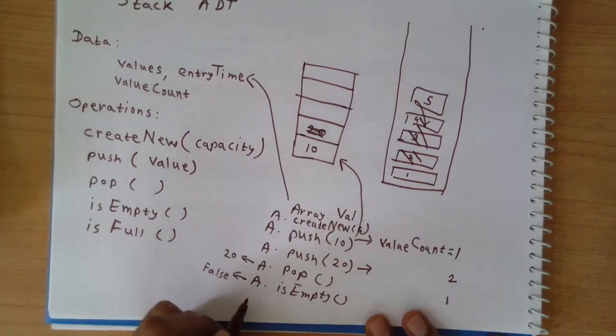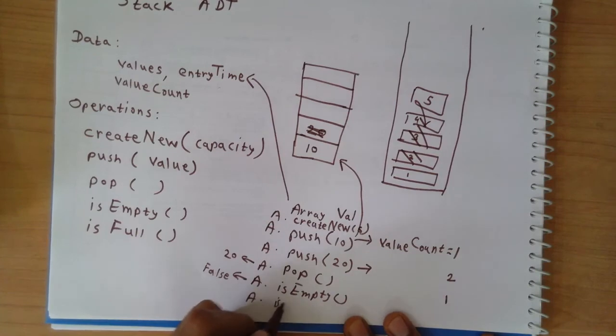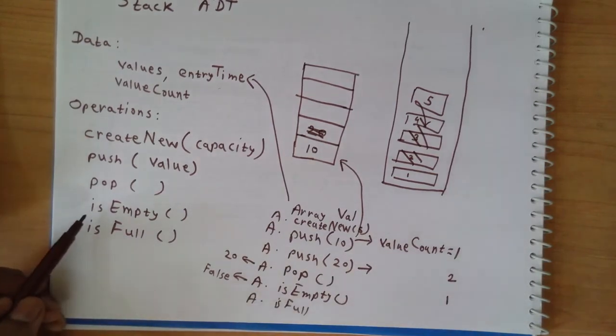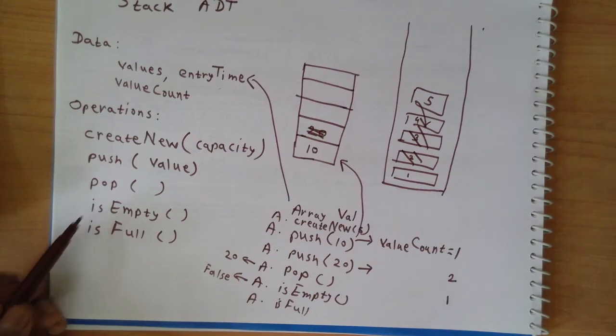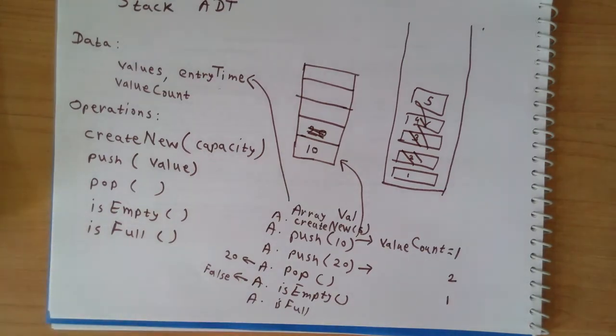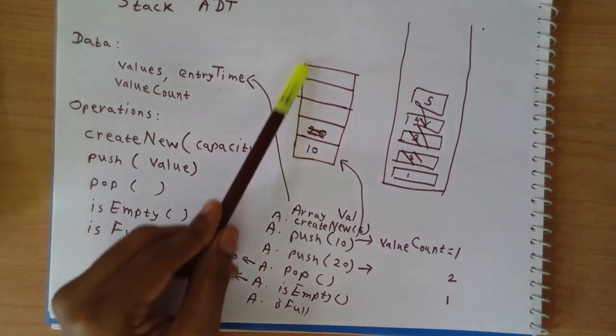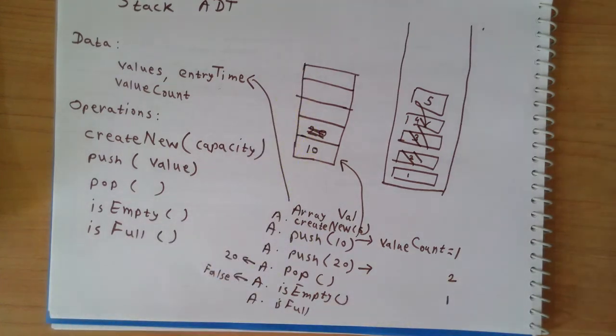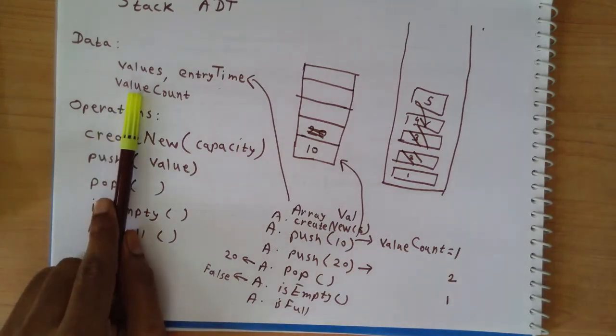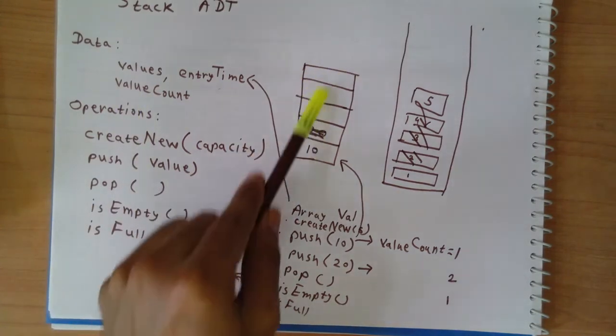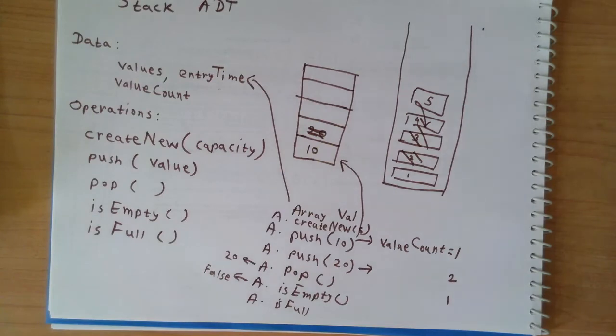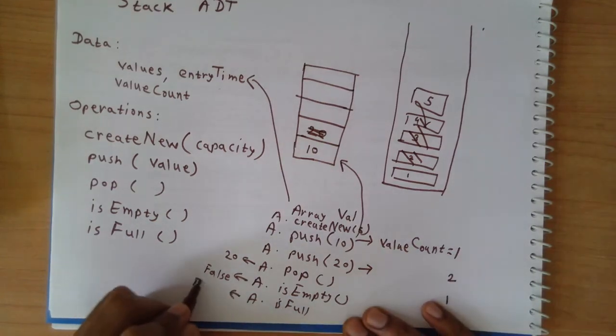Okay, and then let's ask the question, is it full? But before that, the is empty checking operation takes again only constant amount of time. And for full operation, we are going to ask if all the slots in my stack are occupied, and that I can know by looking only at the value of the value count. If my value count is equal to 5, is equal to the capacity of my stack, then my stack is full. Okay, so currently our value is 1, so it is not full, so I'm going to return a false.